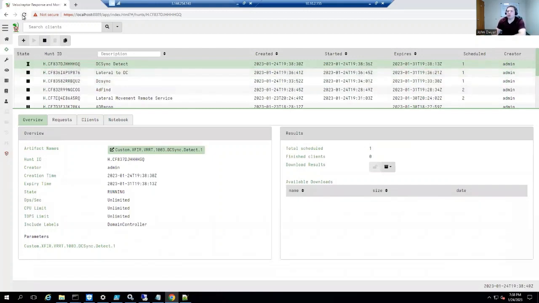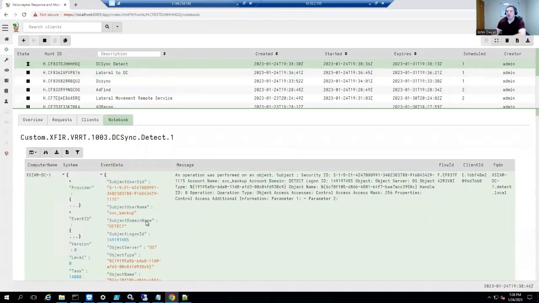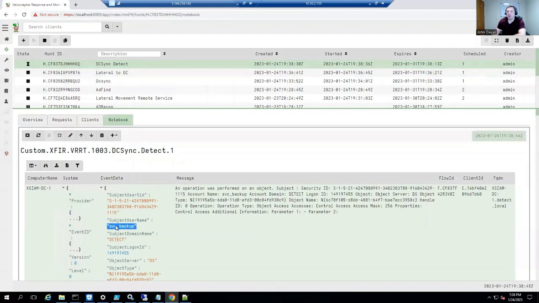And as long as I did everything right, we should get some data back. Boom. And here we go. Here's our detection. We see service_backup with event ID 4662, which is the number one detection capability to look for DC sync in the event logs. We just rapidly did that. We created a test data